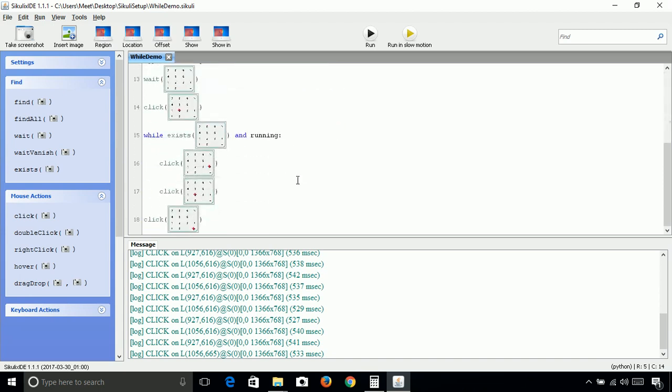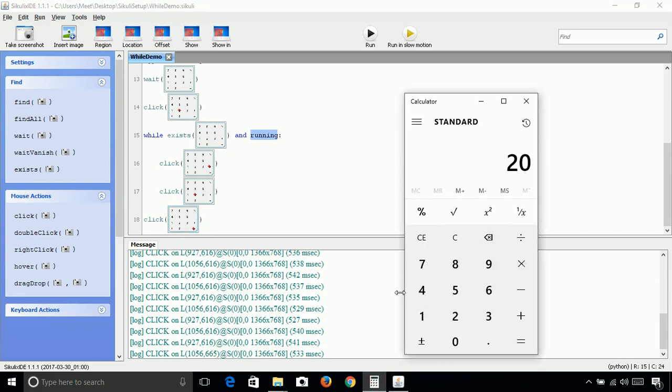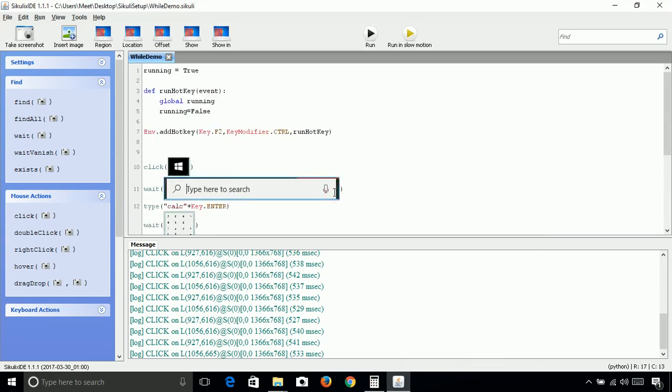So when the running is false, this loop condition resulted in false, and it stopped executing these two statements, and then it clicked on the equal sign. So this is how we can use the while loop and global hotkey in our code.